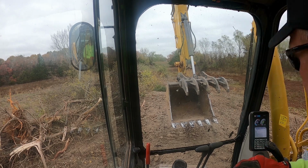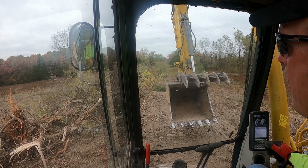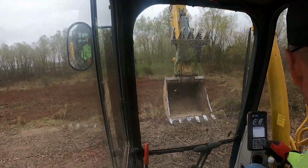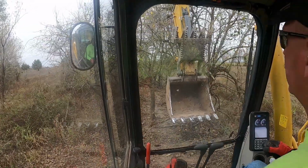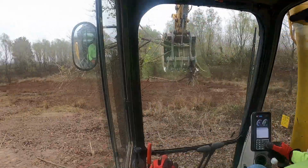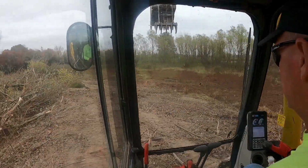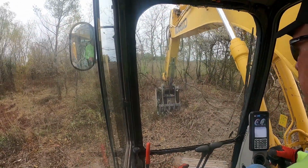Little Cody's still up there welding, so hopefully everything's okay. I seen him moving earlier, so I don't guess anything's fell on him yet. Those little ramps are heavy. I just hate for those to fall on him. And I'm telling you, almost every one of these bigger elm trees and stuff like that have broke off. The little ones are coming out okay for the most part, but